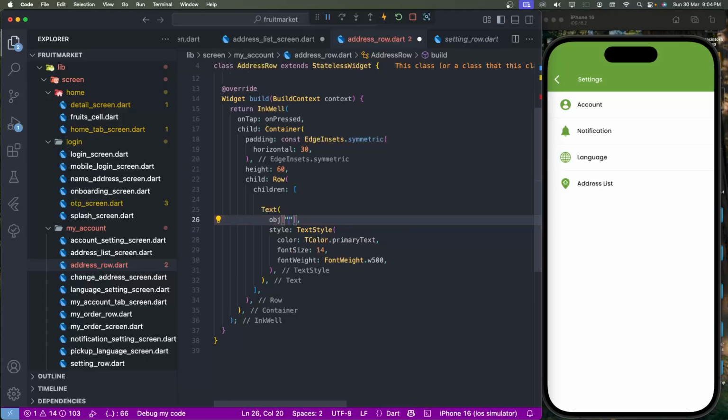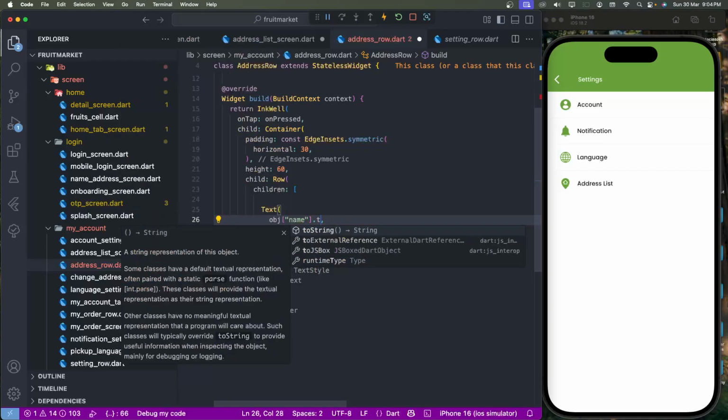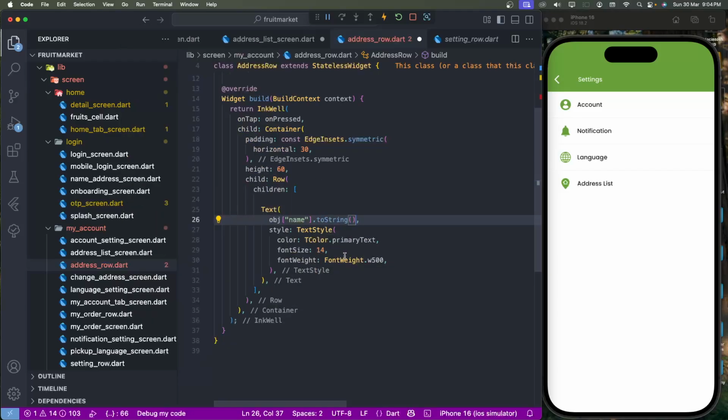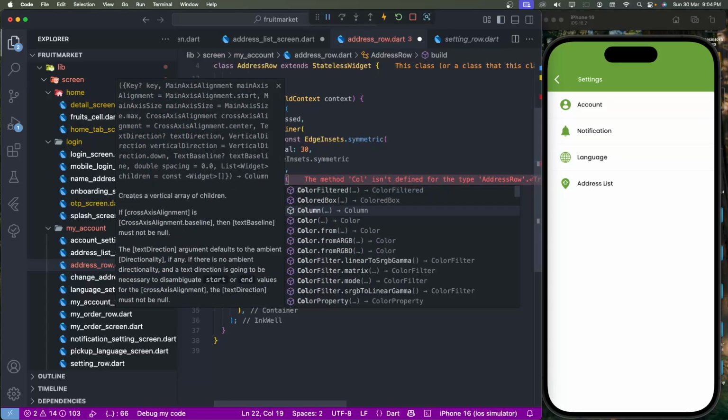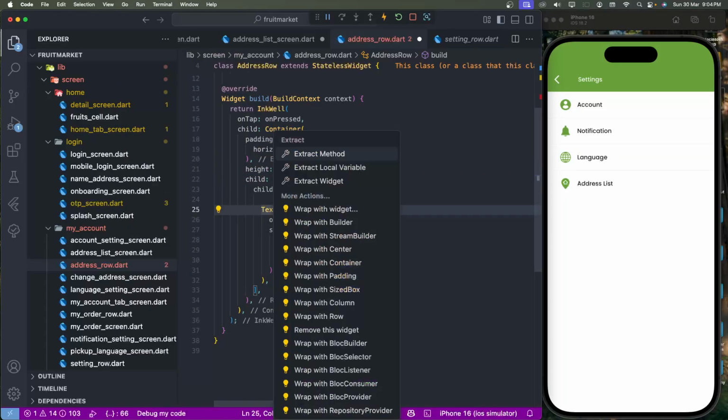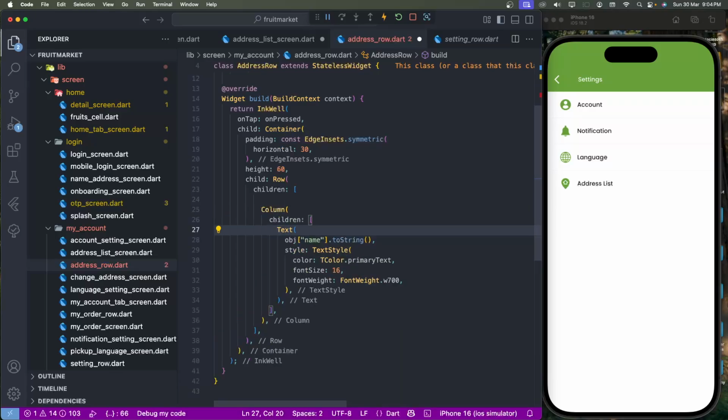brackets inside, give it the name as a name property, like home, office, work address. Like this we need to set the titles as per the user's needs, so we put it and toString, like this we convert it. And we need to set this bold 700, and configure the font as 16. And one other thing, we need to set the row: remove the row to convert into a column. Maybe row is good here, convert into the column, like here,